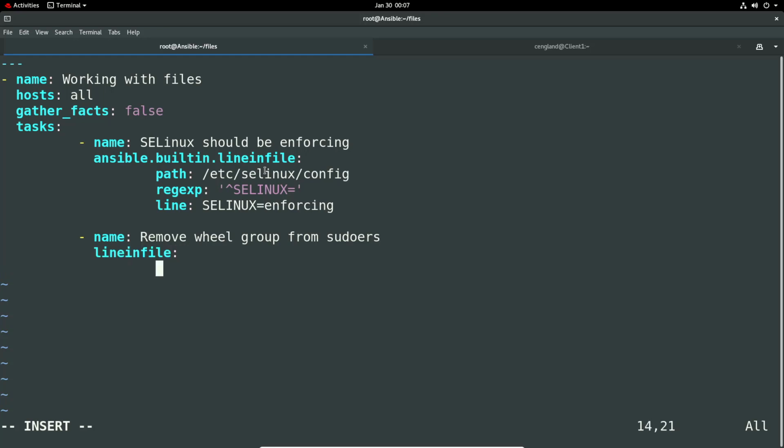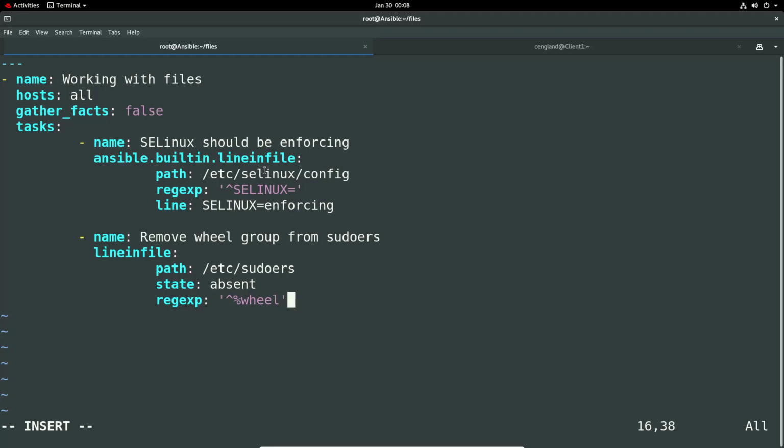So I'm going to call lineinfile rather than the whole thing. So again, we give a path. We've got /etc/sudoers. We're going to set the state absent. So we're not deleting the file. We've got to provide one more line still, and it's regex, regular expression, and we're going to look for the wheel line, which again, to be safe, we should be using the caret symbol to specify the very start of the line, and then it's going to be %wheel,